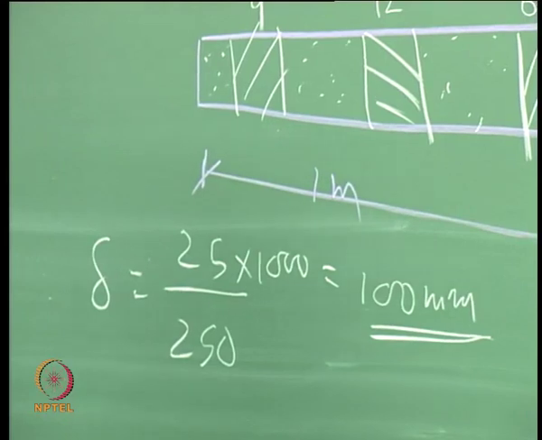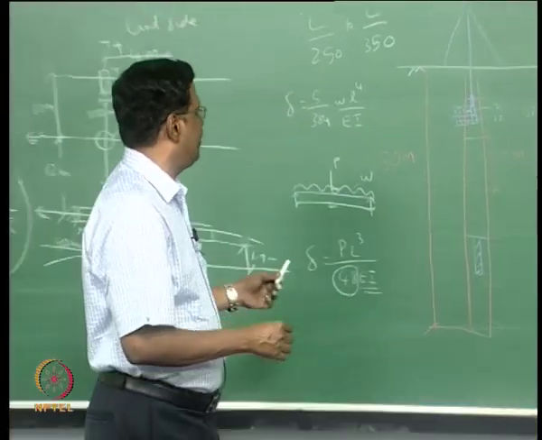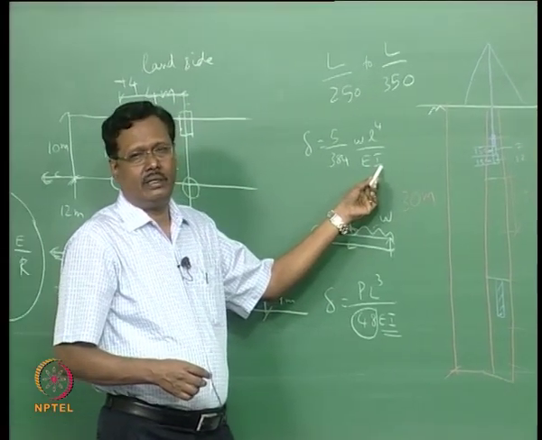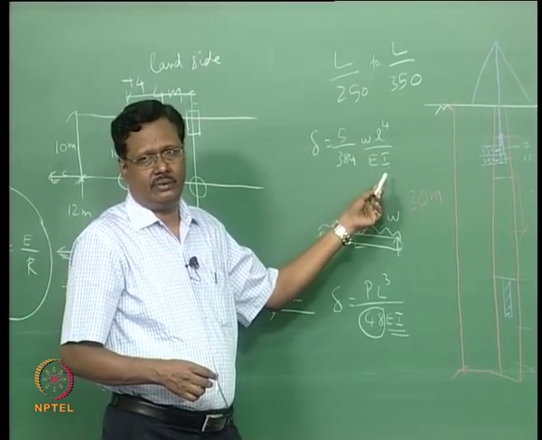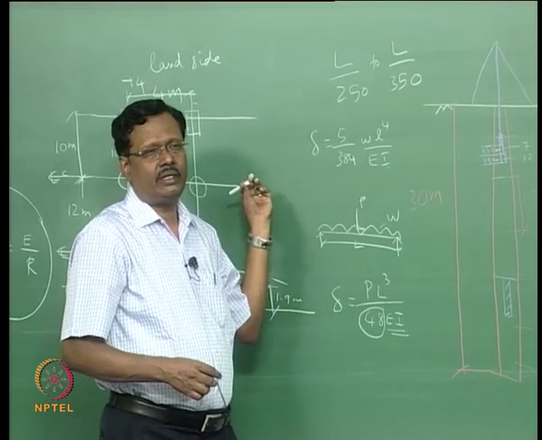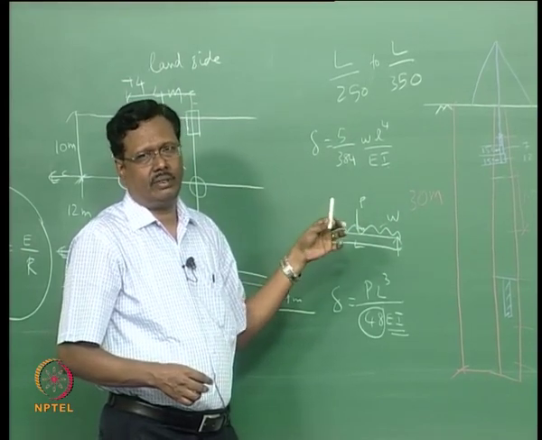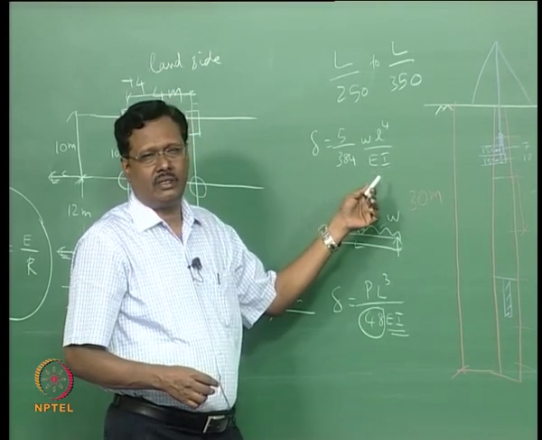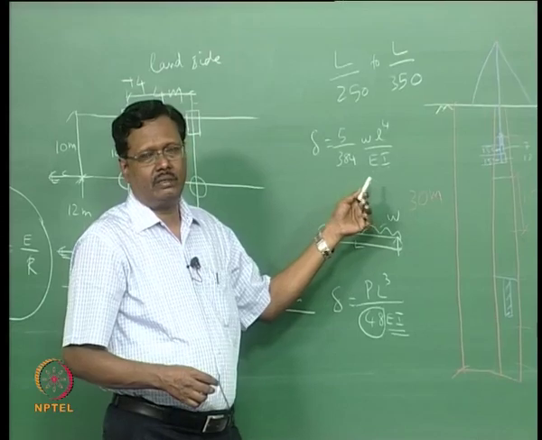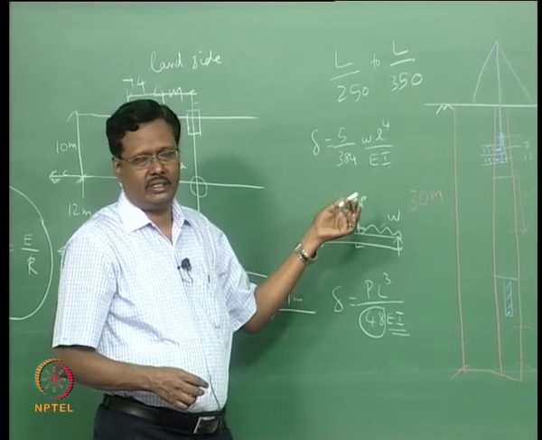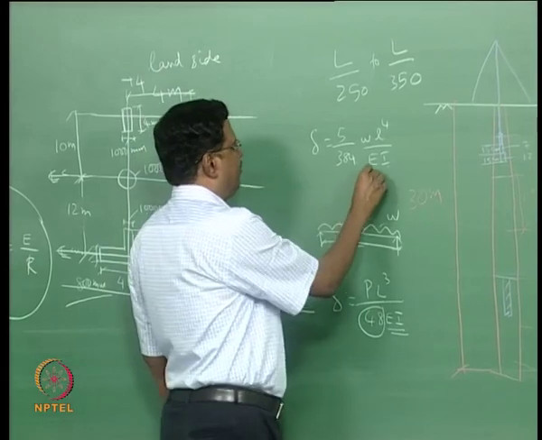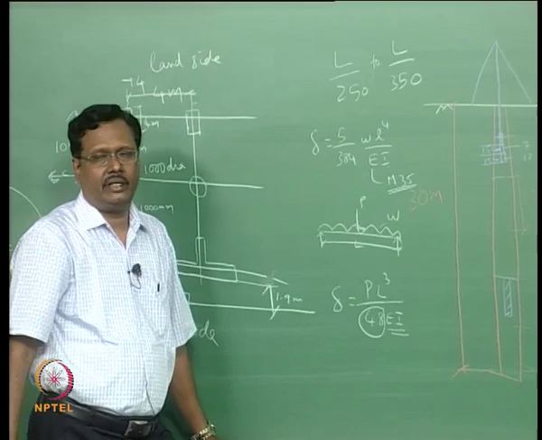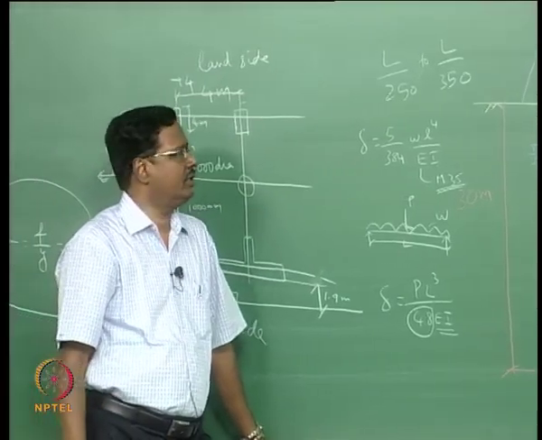How to control this deflection? If you increase the moment of inertia, your deflection will be reduced. One of the reasons we put a T diaphragm wall is to increase the moment of inertia. Then another is Young's modulus. You cannot increase the Young's modulus very much, but if you go for a better grade of concrete, you can increase it. So, we have gone in for M35 grade. Very difficult in the field to do more than M40 grade.